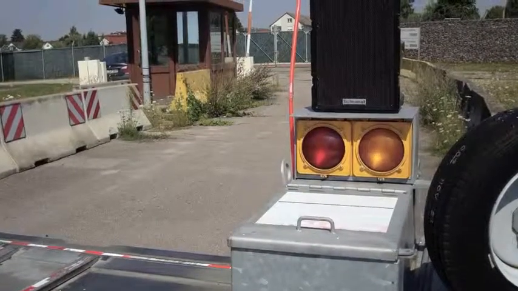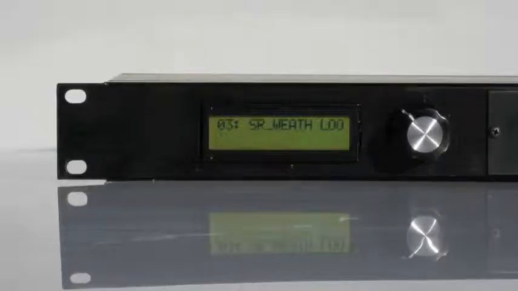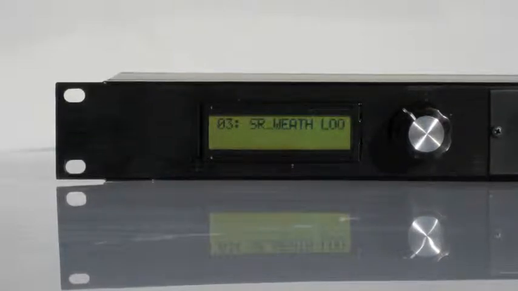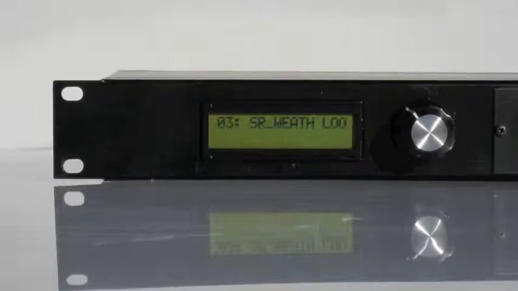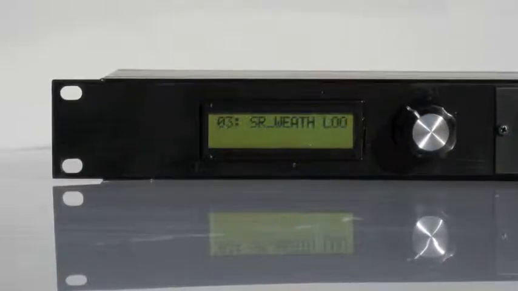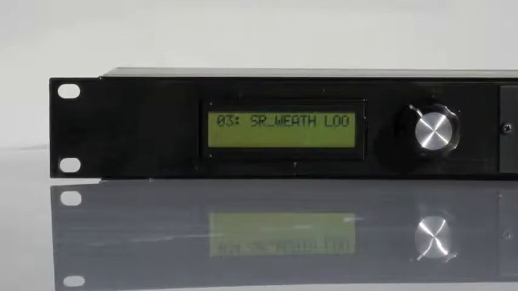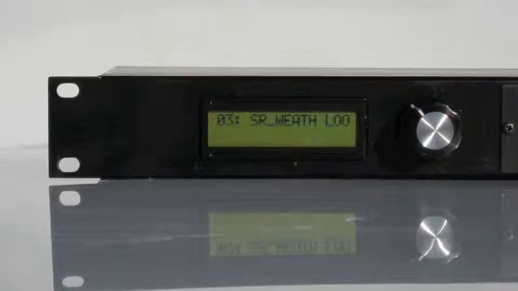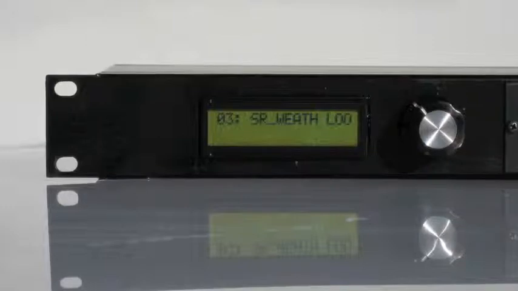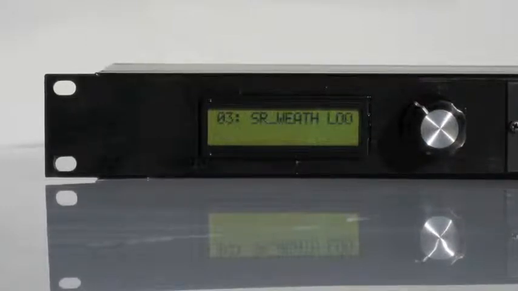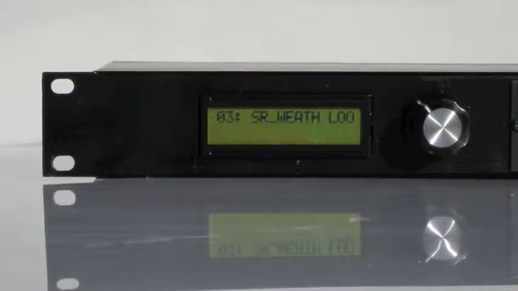What we're looking at here is the web interface of the superconductor. If you have a superconductor, you can configure it using the LCD screen and the knob on the device, but that can involve a whole lot of adjusting and scrolling through things. So a better way to go, if you have a laptop computer, is to connect it to the superconductor, call up the web interface, and configure the device using your web browser, which is a lot more convenient. So what I'm going to do is walk us through the different tabbed pages of the superconductor's